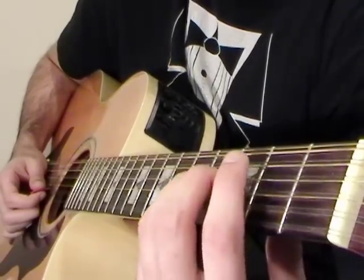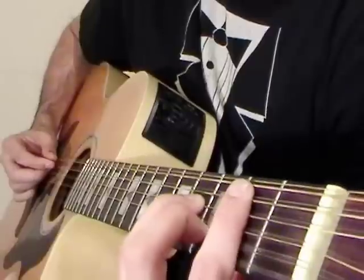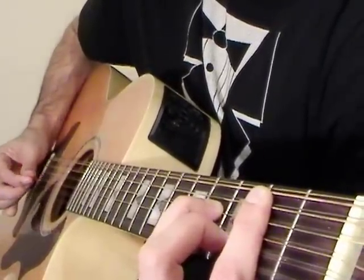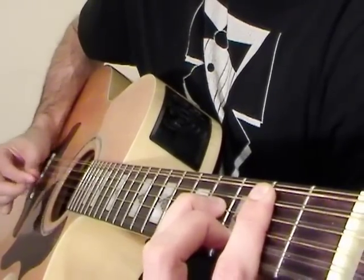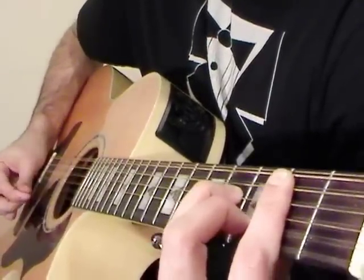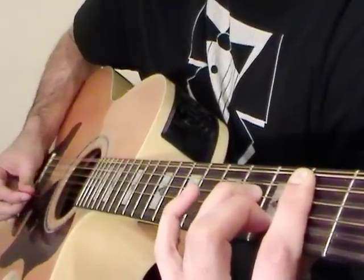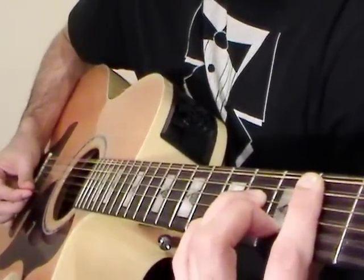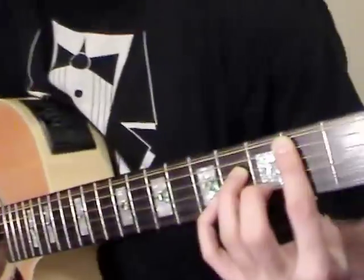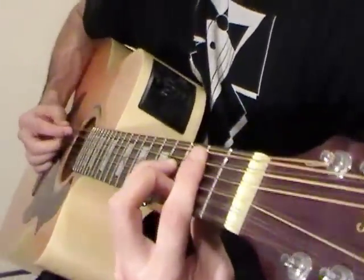To make this sound a bit more like the song, we'll want to play our chords as arpeggios. So for the B minor chord, usually I'll start with playing the A string, then the G, then the D, then the B, and then we'll go D, G, then the E string. Now the pinky is going to lift off. I'm going to strum down, and then it's going to hit the 5th fret of the B string to get that kind of sound. So now we have